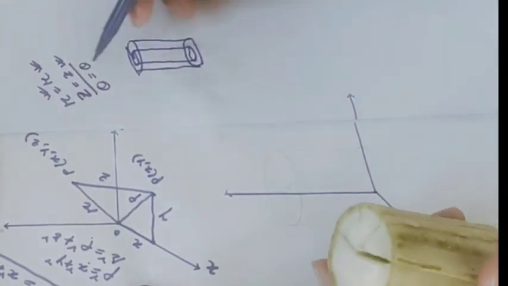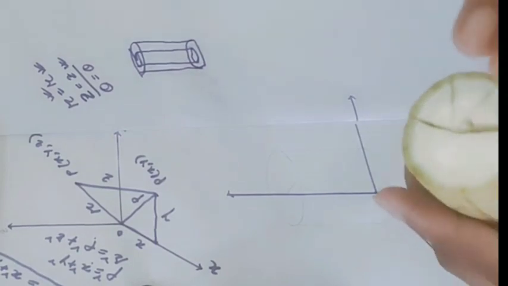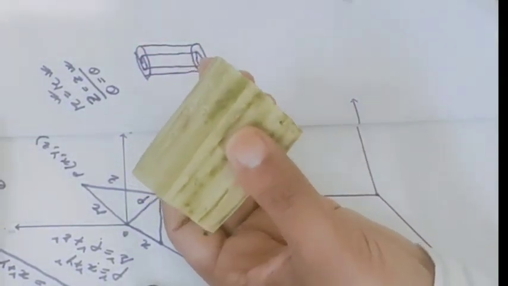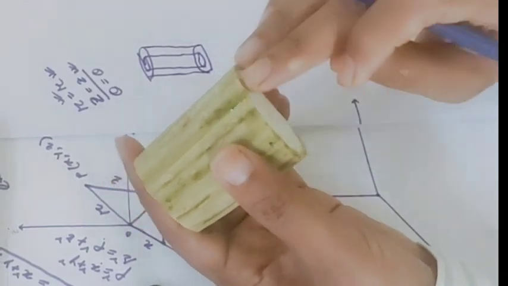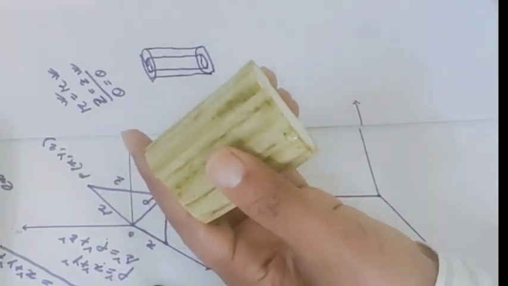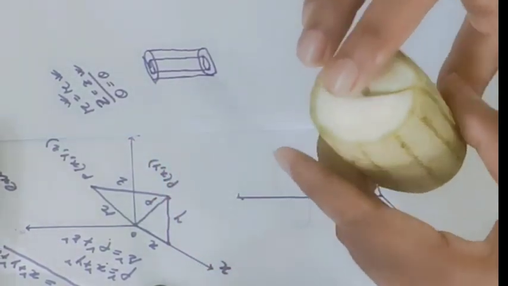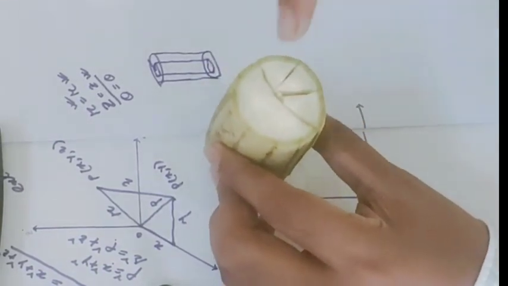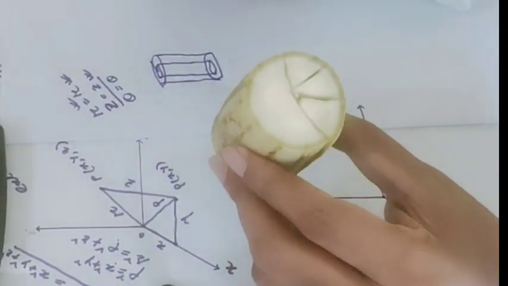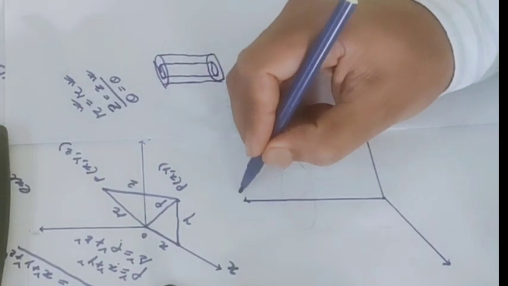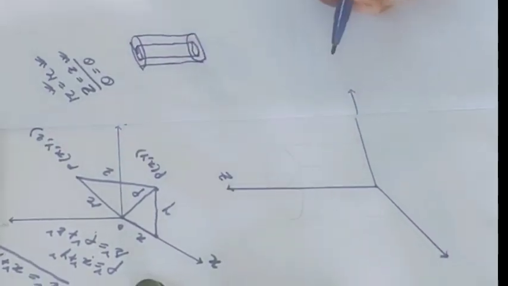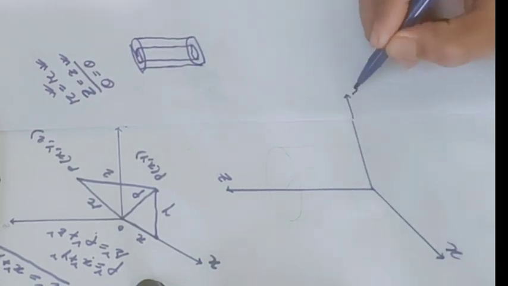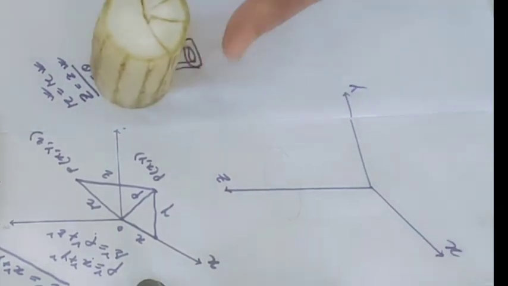So you have understood why z is z, because along this direction there is no change. If you cut the slice, there is no change, whereas in the case of spherical polar coordinates, these slices give us another angle phi. Here it is not giving us any variable because there is no change along the z-axis. So I can take the z-axis directly from the Cartesian coordinate system. If I write it z, then there is no change along the z-axis. This is x, this is y, then this angle theta